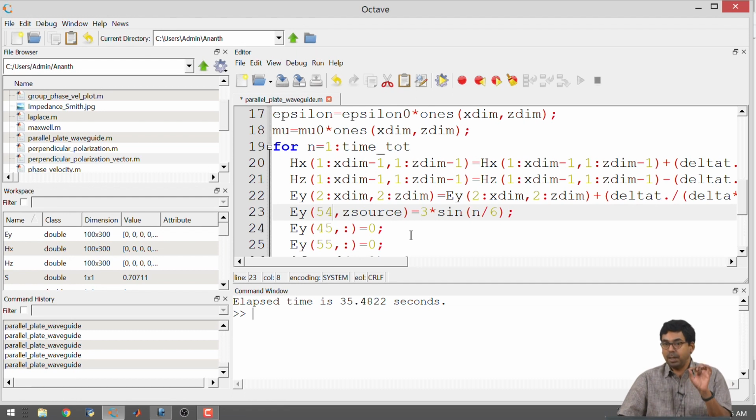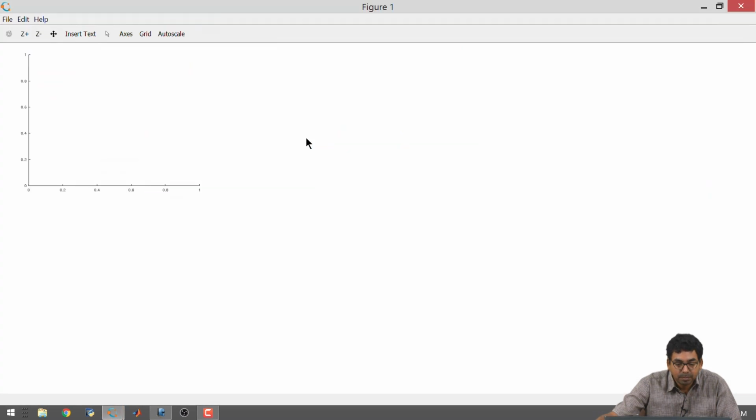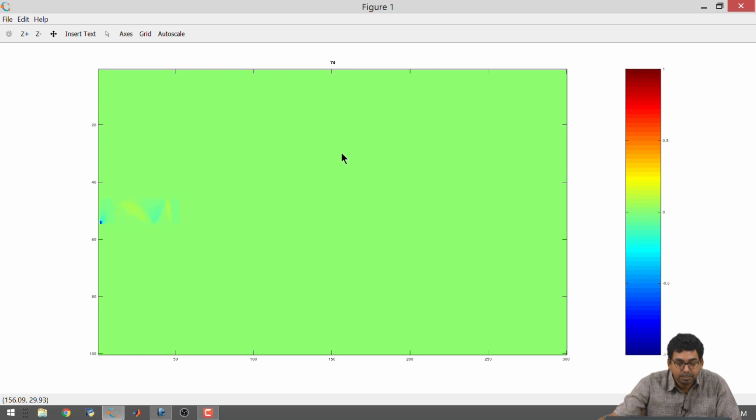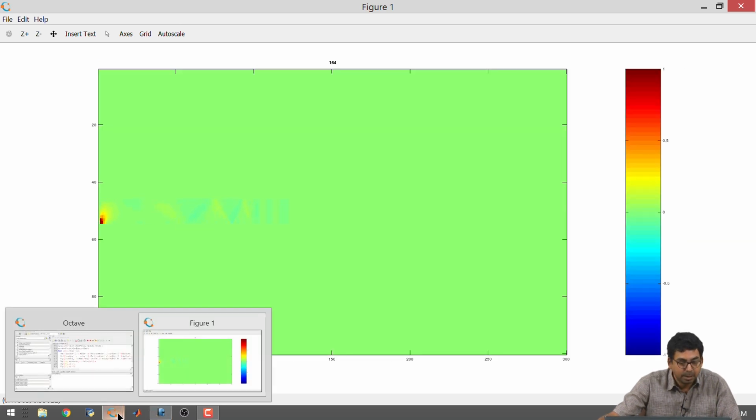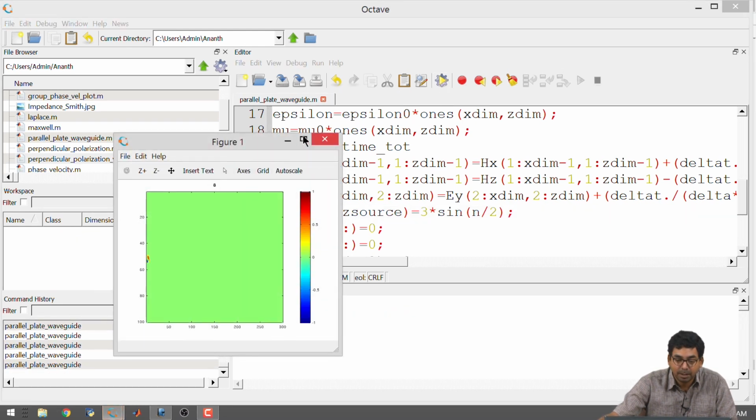So, now the source is really not at the center, it is close to one of the plates that you are using. So, it is highly asymmetric excitation. Okay, now I have run into another problem that can be fixed. I overlooked that because I have changed the width, the operating frequency also has to change. Maybe the clever thing to do is sin n by 2 and then redo this again.